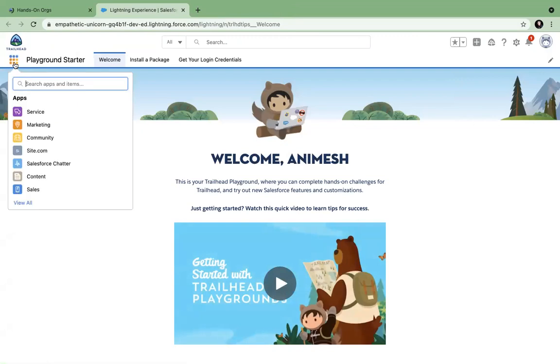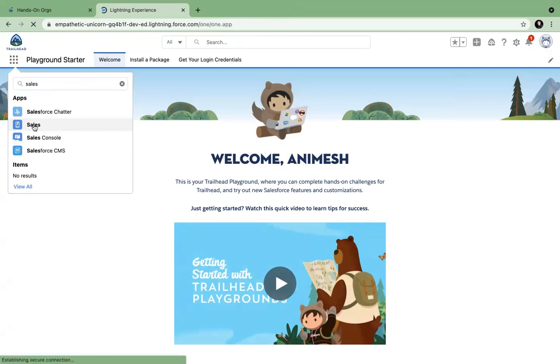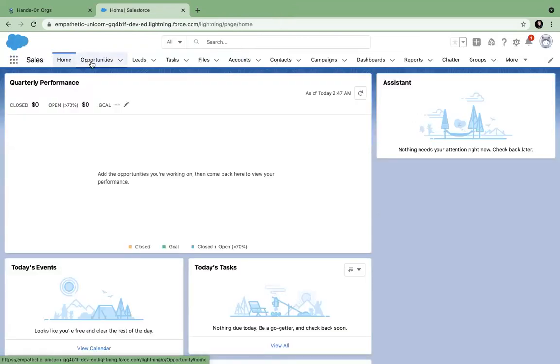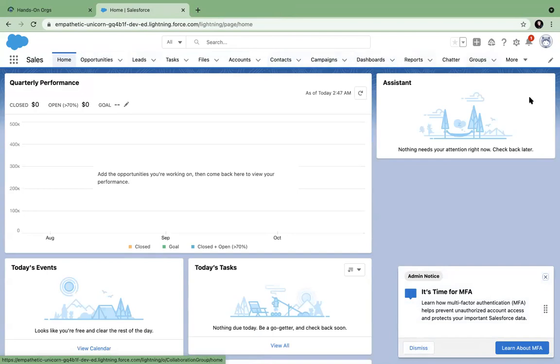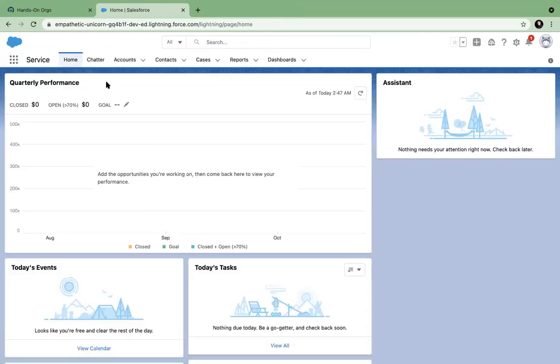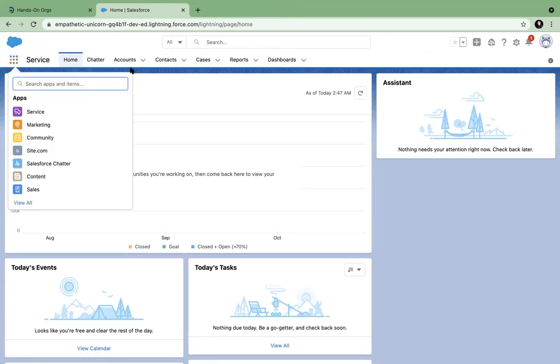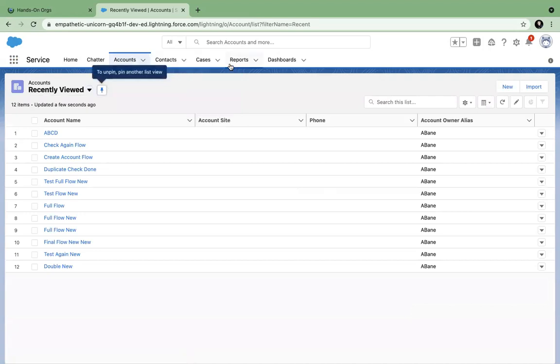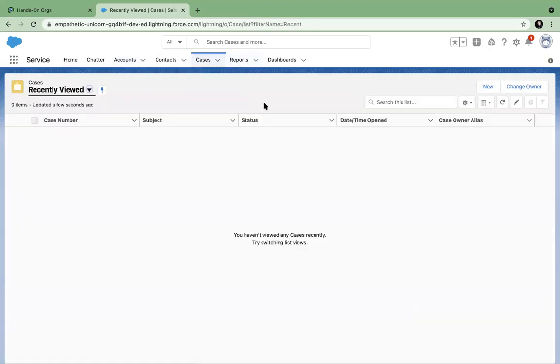So just like we had the sales app, which was taking care of the sales business, wherein we had opportunities, leads, accounts, contacts, all these things. Similarly, there is also a service app. And here you will for the first time be introduced to cases, reports, and dashboards. Account and contact are also needed, because customer information is always required if you are working with customers. So this app works the same way, only that instead of opportunity, now we have a case object.